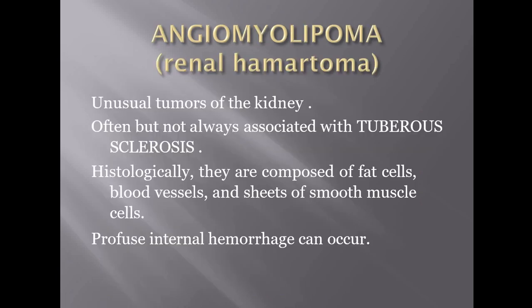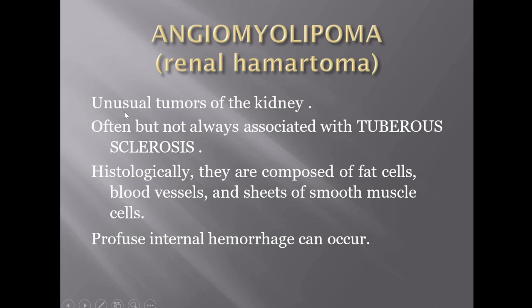Next, coming to the next benign tumor of the kidney, which is angiomyolipoma. If you split the word: angio, which means there's proliferation of blood vessels; myo, which means there is a smooth muscle component; lipoma, which means there's an adipocyte component. So this tumor has proliferation of all three components, that is blood vessels, muscle and adipocytes, and that is why it is referred to as a hamartoma. So angiomyolipoma is also referred to as the renal hamartoma.